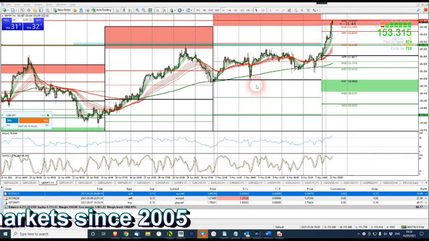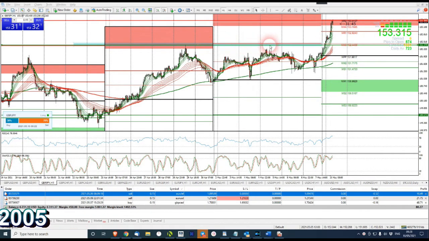We were looking for price to hit this area here of resistance and it never made it. Price travelled sideways on GBP JPY all of last week, in quite a narrow band for this particular currency pair. Interestingly though,